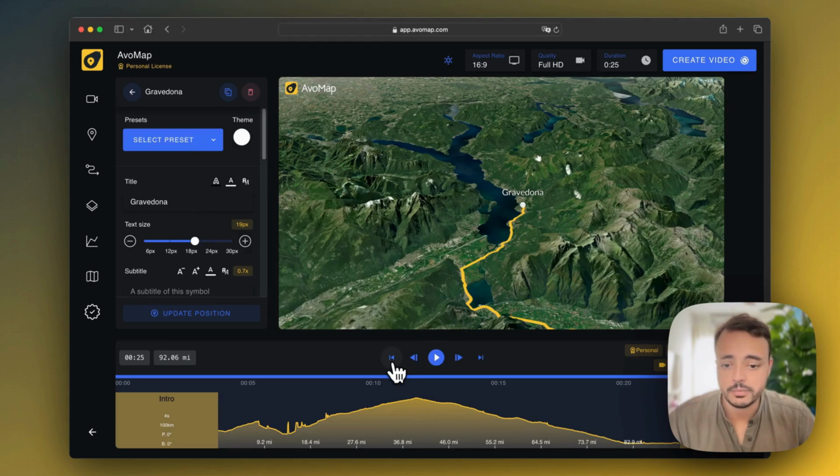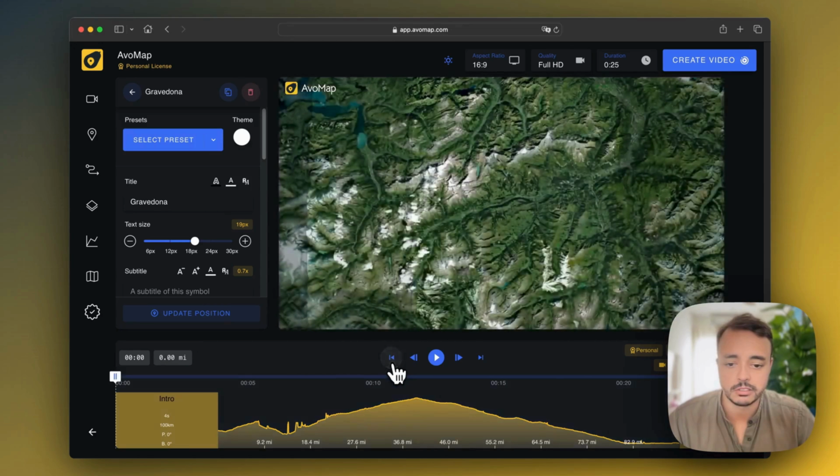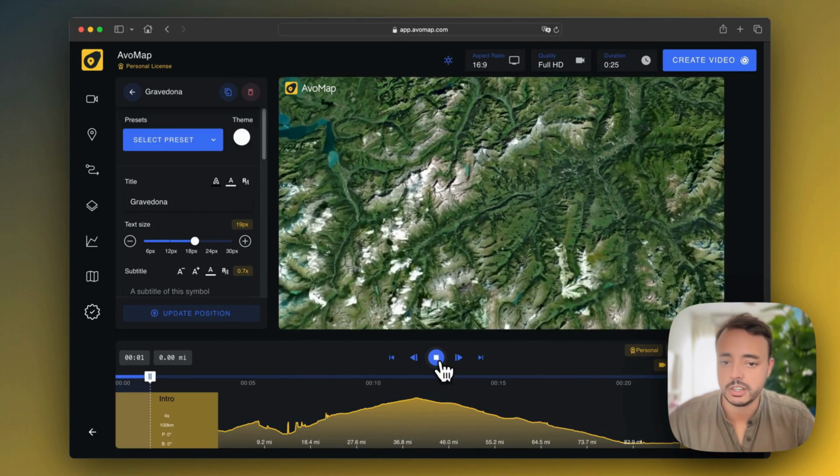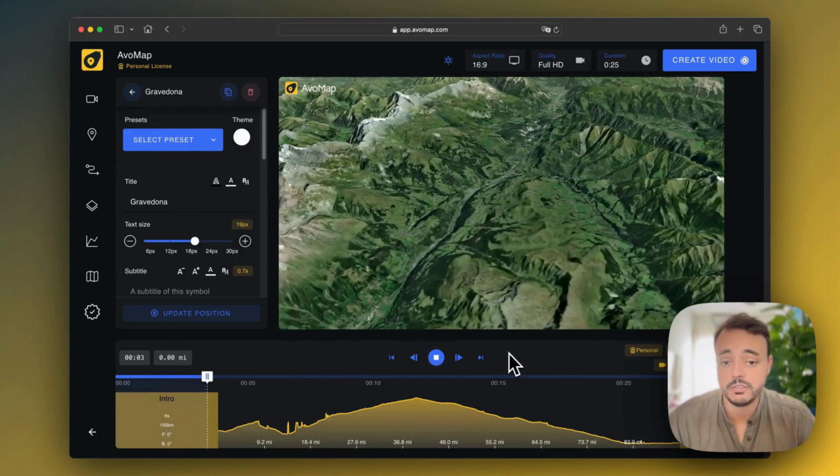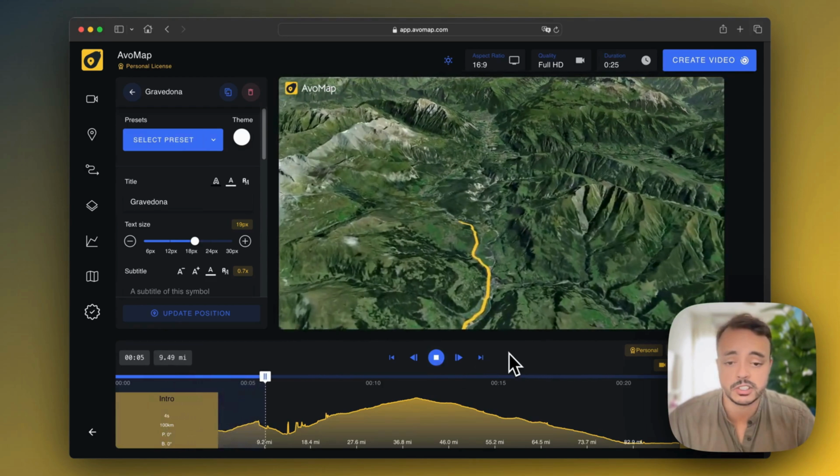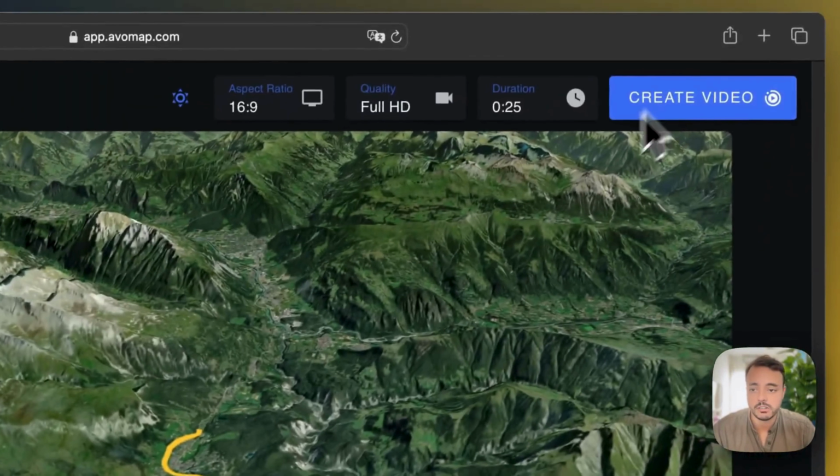If you want to jump back, you can just jump back again and start from the beginning to double check if this is what you want to achieve. And if you're happy with your settings, click the create video, start the